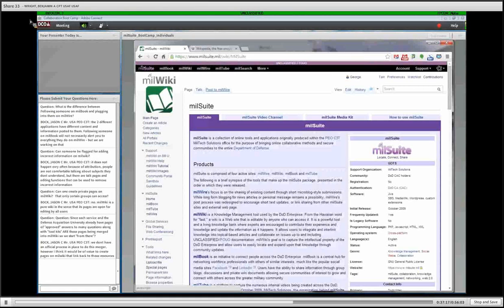Now, I mentioned earlier that anyone can edit content, and this is quite honestly one of the things that kind of concerns people and prevents them sometimes from using MilWiki, is the idea that anyone can come in and change. You have to keep in mind too that you can always change it back. The biggest problem is going to be getting people to find and use your content, not keep them away from it and prevent them from editing it. There's very little, I would say there has been no a typo. If someone spelled